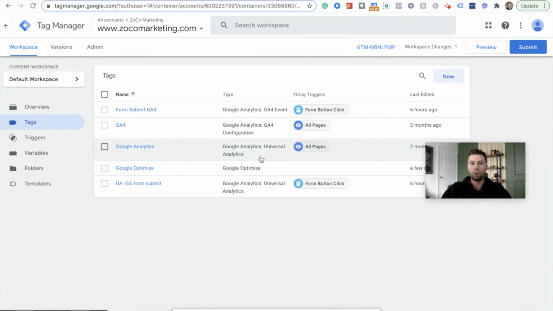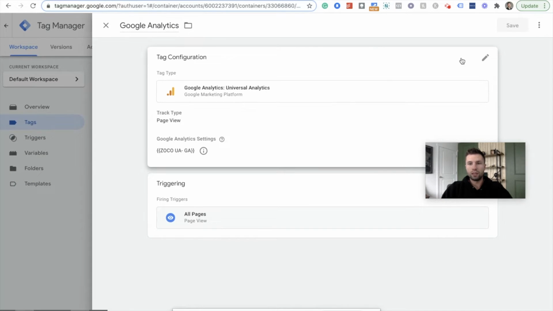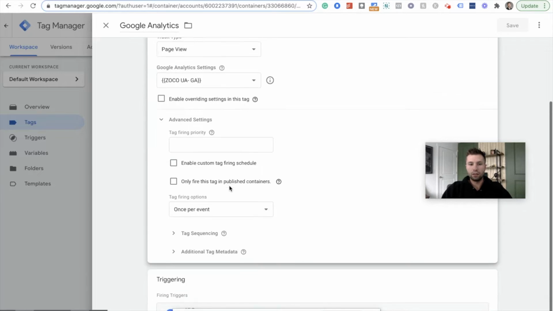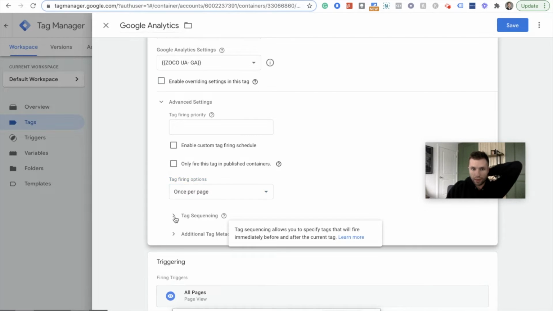We hit save. But what we need to do now is go into your Google Analytics tag. This is assuming that you already have Google Analytics deployed through Google Tag Manager. If you have Google Analytics deployed through Google Tag Manager, you come in here and you click on Google Analytics. And then we need to hit page view, advanced settings, come over to allow only fire this tag once per page, and then tag sequencing,